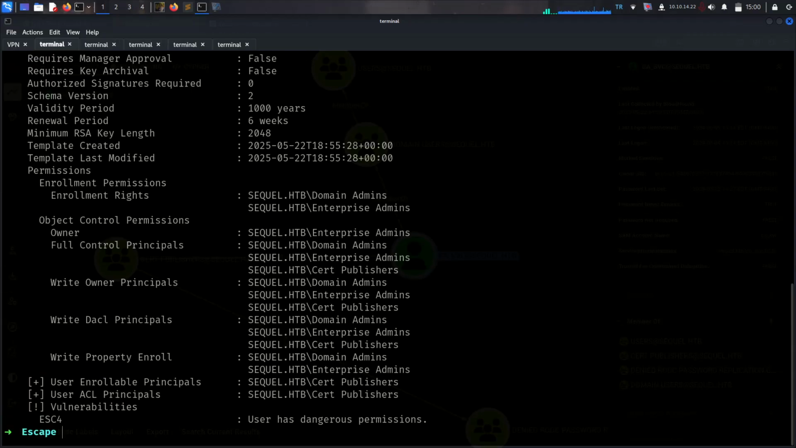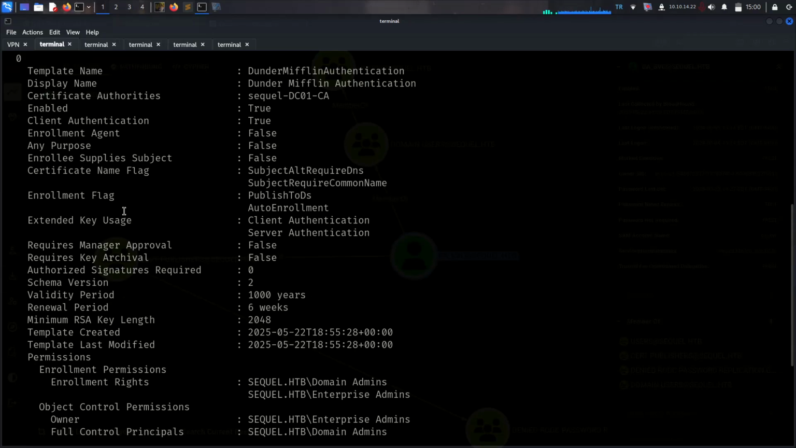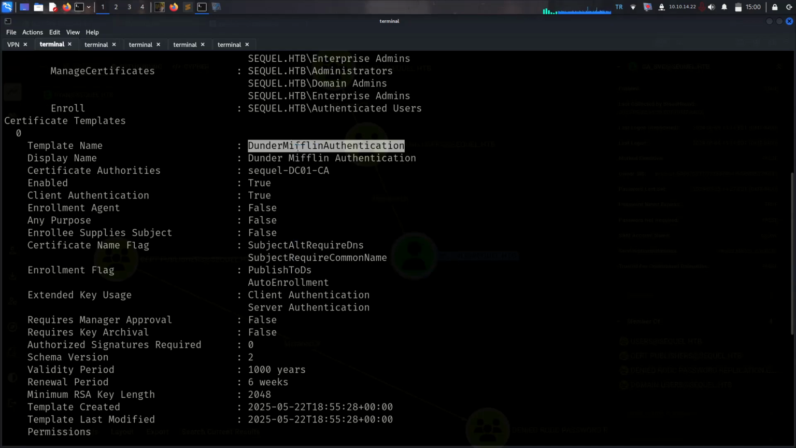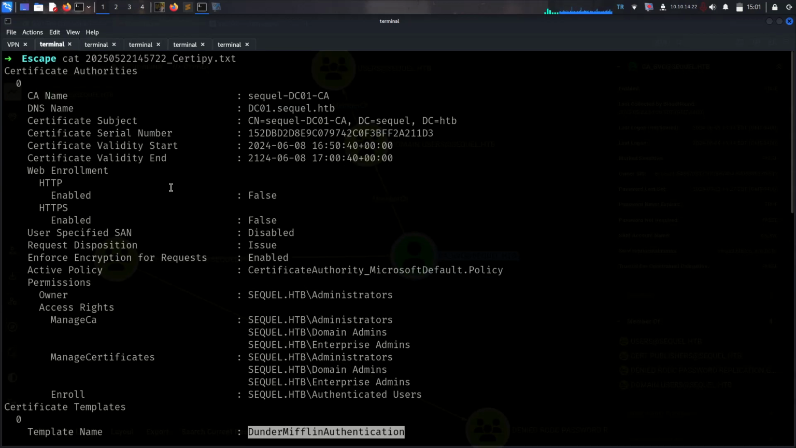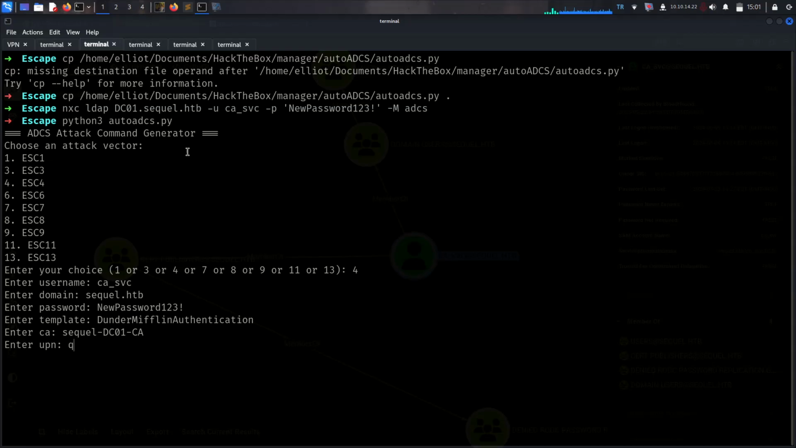So in this situation, this is why it's important. We just know we need the template name because it's asking us for the template. So this is really important. Then it's asking us SA. We don't know what SA is, but it's asking, so it's important. It's required, so we have to give it the SA name. Then it's asking for the UPN, so we can just go for administrator